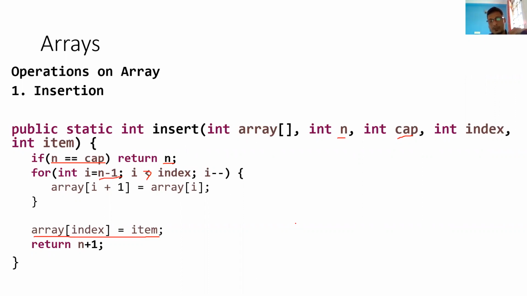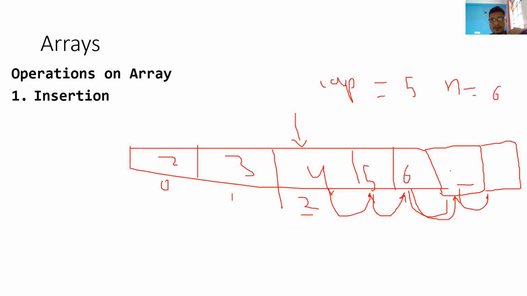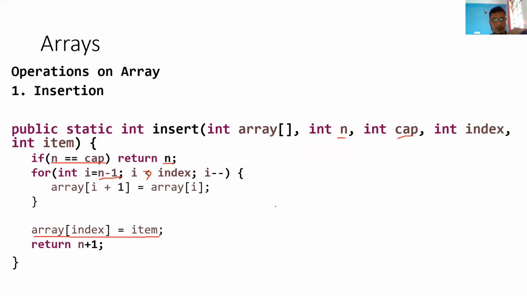No, right? Because there is a best and worst case scenario also here. For example, let's say you want to insert the element at the last index, right? So if you pass this index, you want to insert at the last, so it will not go inside the loop, because this scenario will not be hit. It will do just this constant operation. Or if the array is full, then also it will not get into the loop, it will just return from here. So we have a best and worst case scenario. So this will be big O of n. So just remember how to compute this. Okay, so this is important.